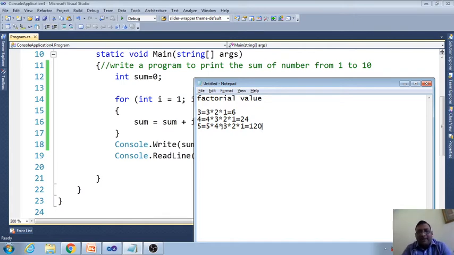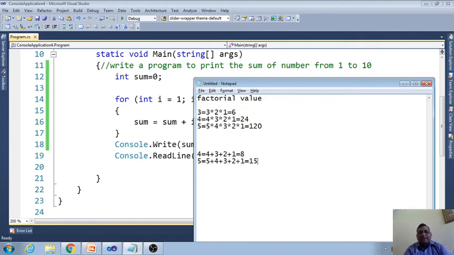And what program did I already write? If I give the value 4, then 4 plus 3 plus 2 plus 1 equals 10. This is the program I have written here. 5 equals 5 plus 4 plus 3 plus 2 plus 1, which is 15.